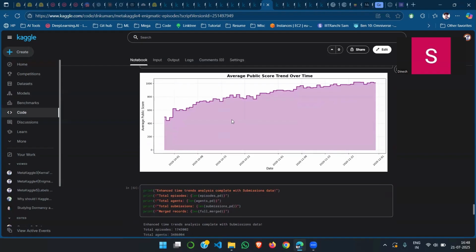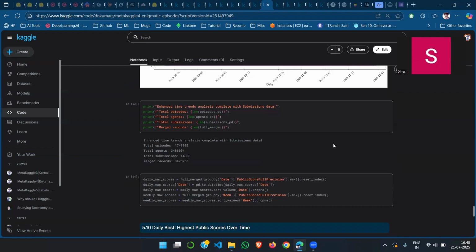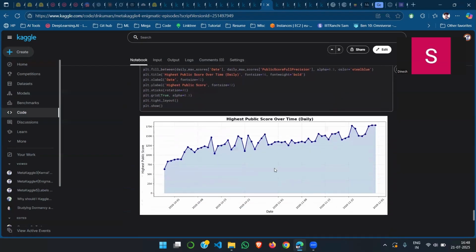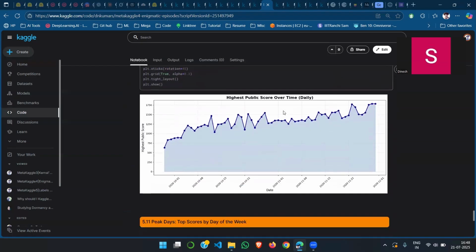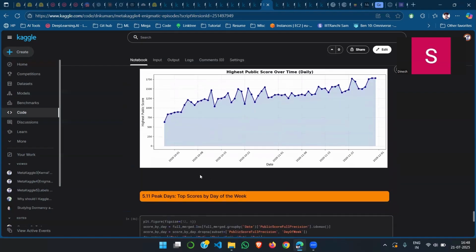And the average public score trend shows the public score at the end is highest, because the more participants compete, they learn how to do it and what are the better steps to implement in this competition, and the highest over all time